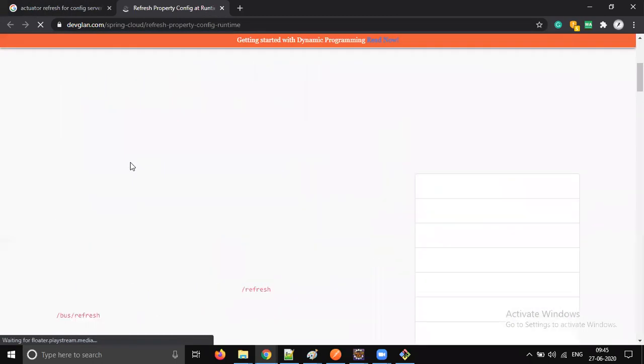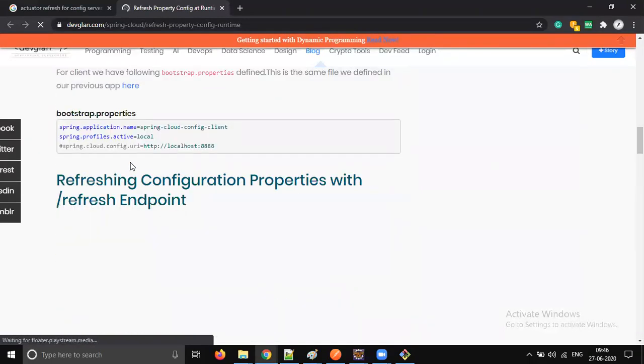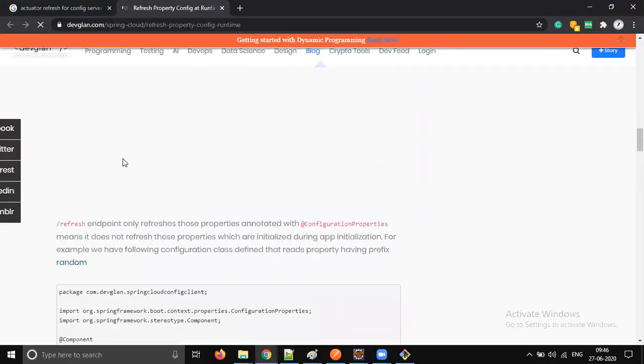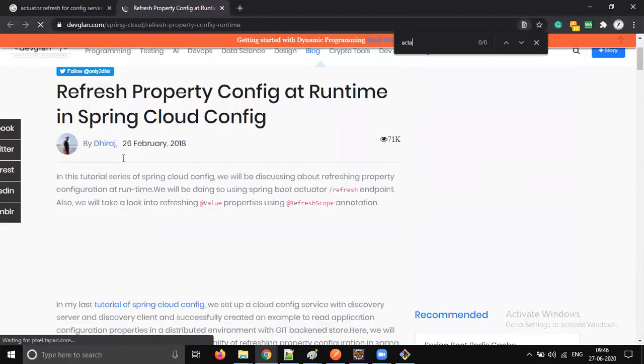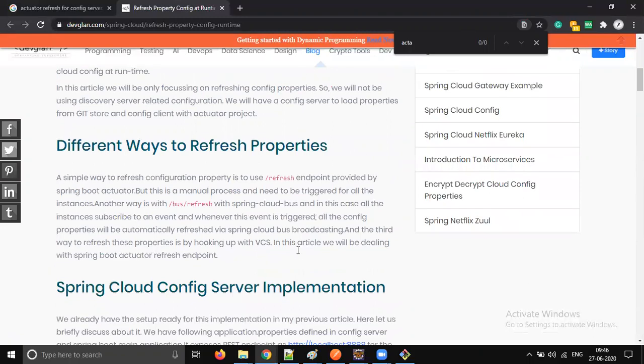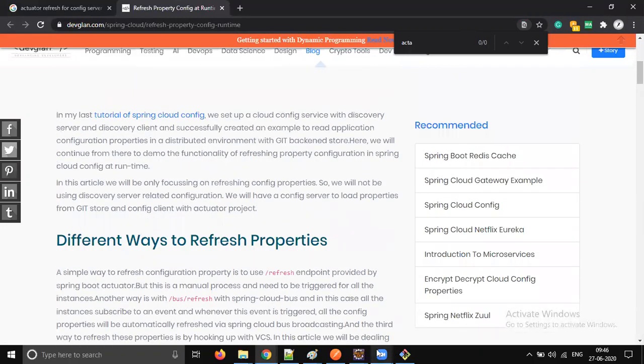So what is the URL? Control F. Yeah, actuator refresh, right? Yes, actuator refresh. So okay, we'll do one thing. We will try this out. I think it's actuator hyphen refresh or something. I don't know. I will try both. If it is working, it's fine. Otherwise, we'll Google it again.